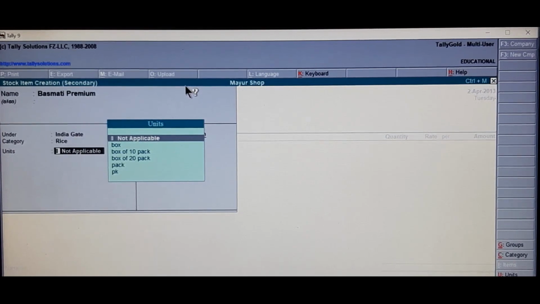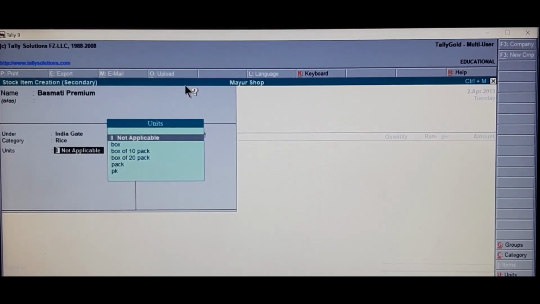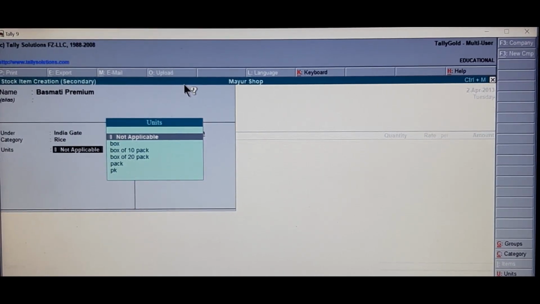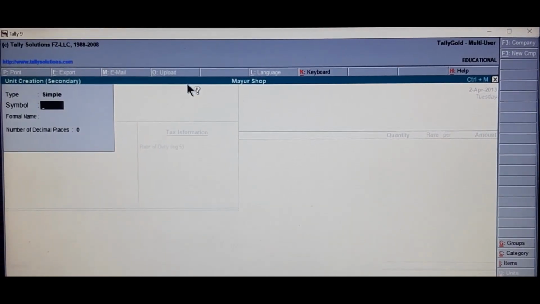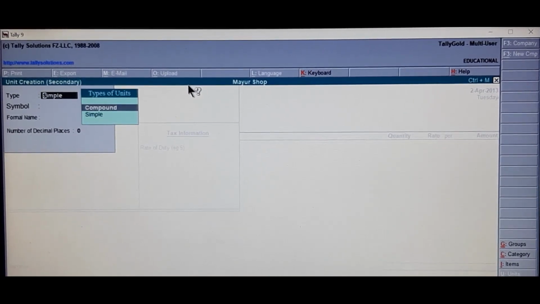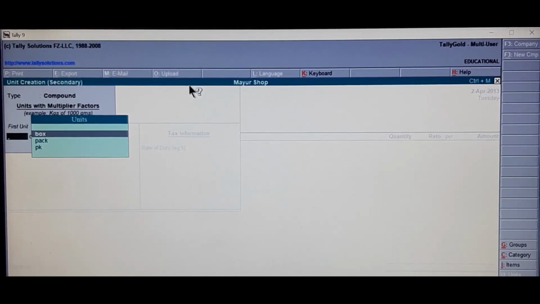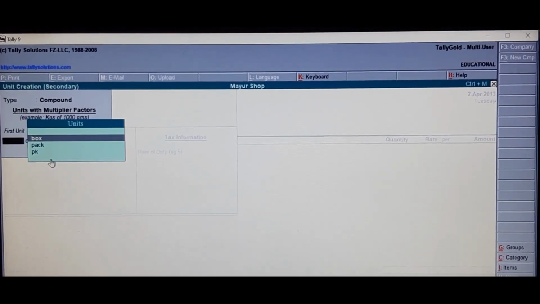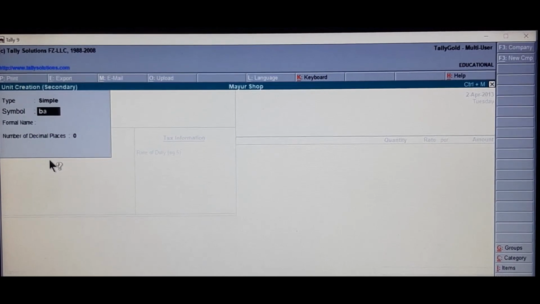Later we have to go for creating compound units of measure, bag of 25 pouch. Press Alt C. Simple backspace, select for compound. Bag is not available in the list. We have to go for creating. Press Alt C to create bag.